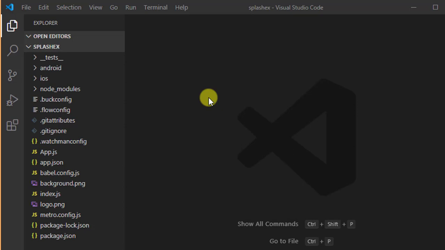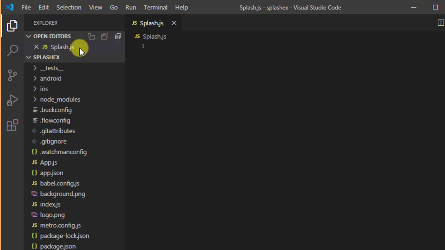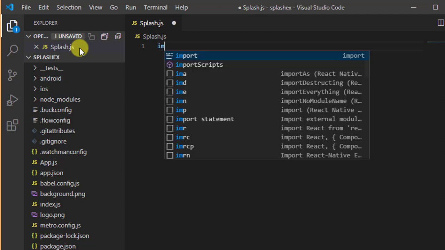In step 2 we have to design user interface of splash screen. For this, click on new file icon, enter the file name splash.js. Write the import statement and class declaration statement.